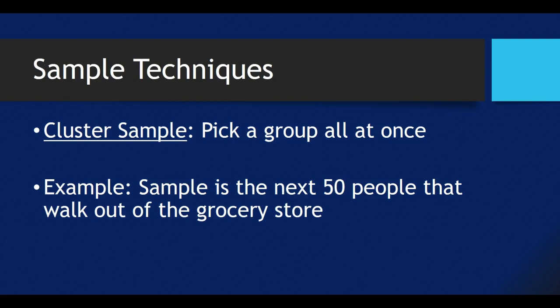So with the manufacturing settings, they go onto an assembly line and they'll take 5 off the assembly line, like the next 5, and they'll inspect those. Or I saw this, I didn't work there, but you can look up videos of people at meat processing plants, and they do this as well. If they're processing turkeys, they'll take the next 10 turkey carcasses off the line and make sure that they're all up to standards and fitting the standards and those types of things. So a cluster sample is you pick it all at once.